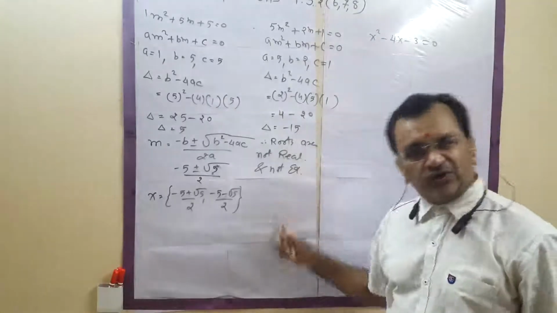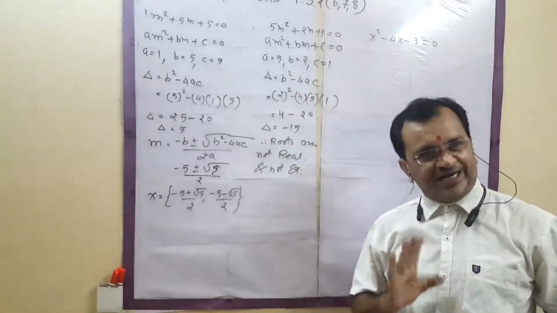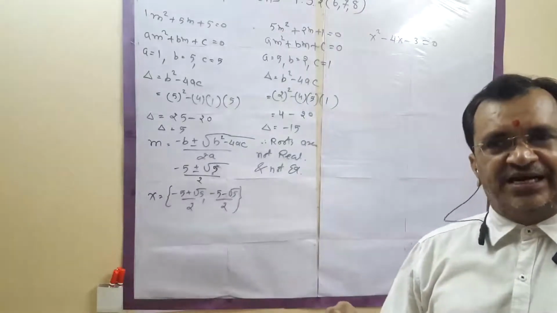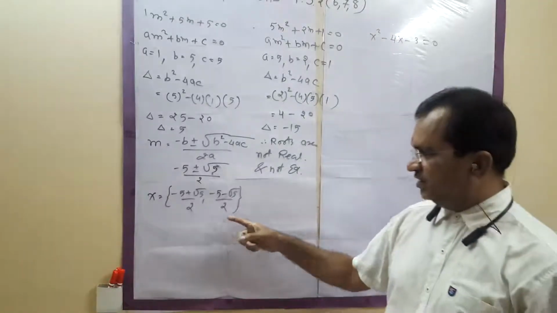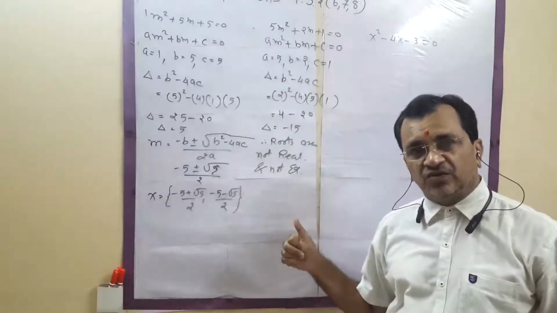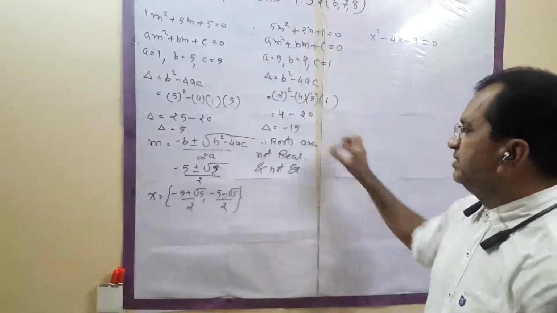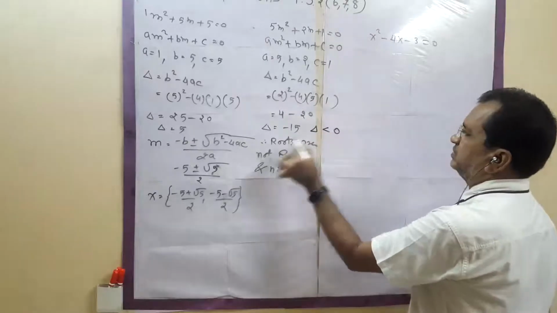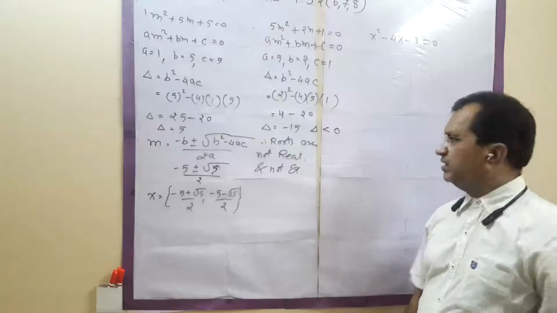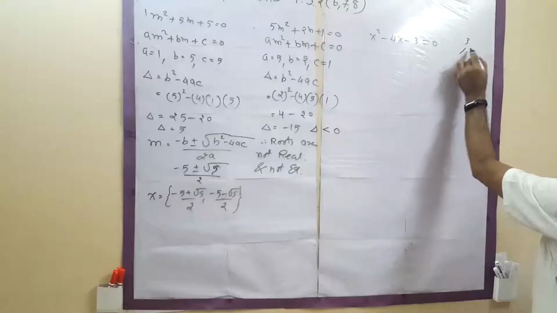Where it is negative and how to find the root, that is in your 12th standard syllabus, not in 10th. So whenever you get this negative, you have to stop. When delta is 0, factorization is possible. When greater than 0, it is possible. Less than 0, for negative discriminant, you have to stop. What you have to write? The discriminant is less than 0. Therefore, roots are not real, roots are not equal. Stop.